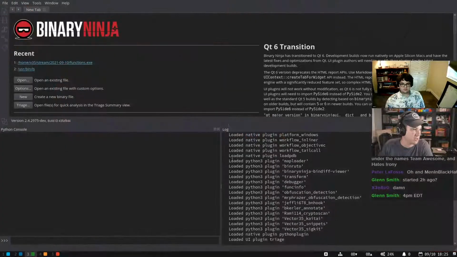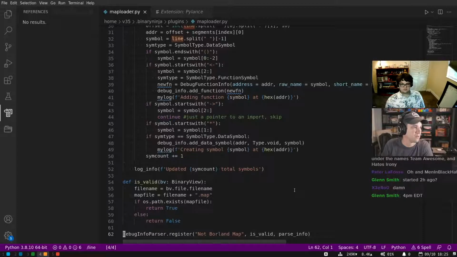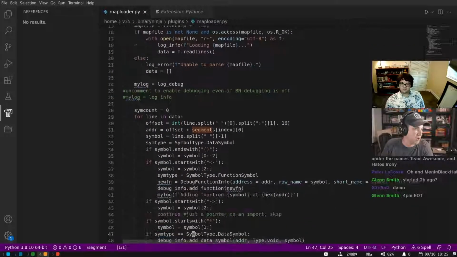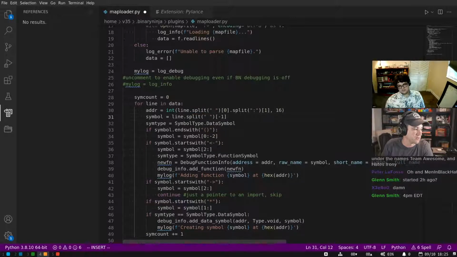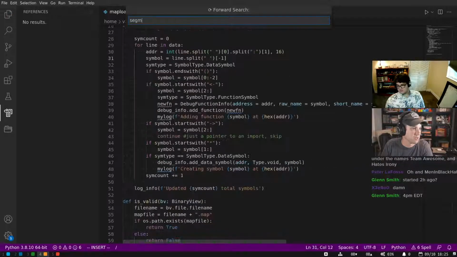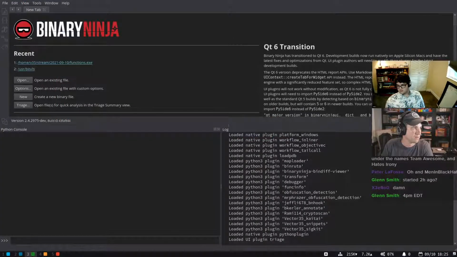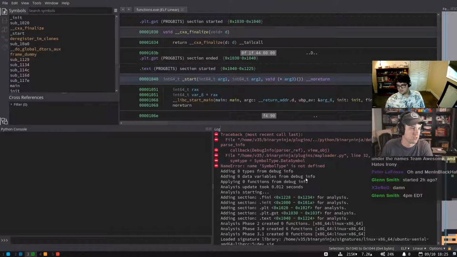Now we'll find out what the next bug is. Let's see. The segment's right. It's just offset for now. Yeah, because we don't have any virtual offsets. There's no segments now. Okay. Symbol type's not defined.